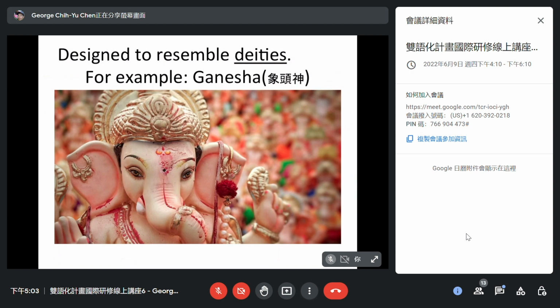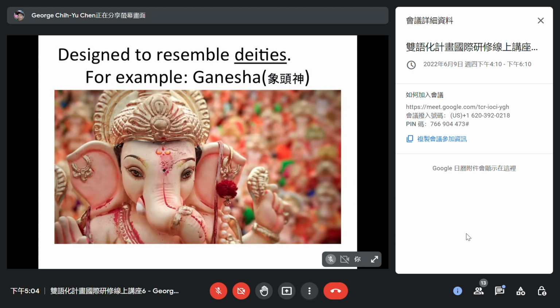And these masks do not look like real people, but they look like deities. Deities means 神明。所以这些面具 design 被设计来 resemble 就是看起来像神明。And one of the most popular ones 最普遍的你会看到 Ganesha 象头神。And maybe you're familiar with